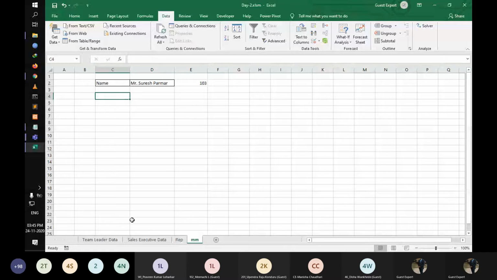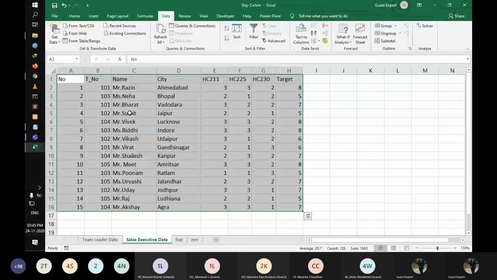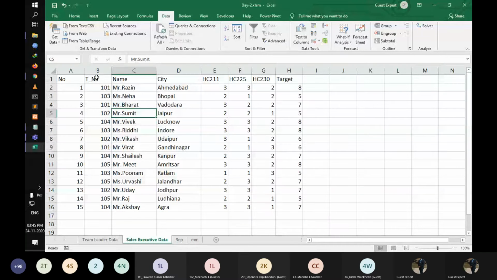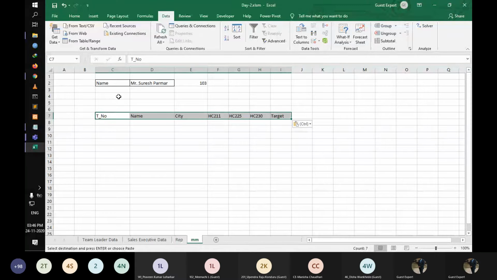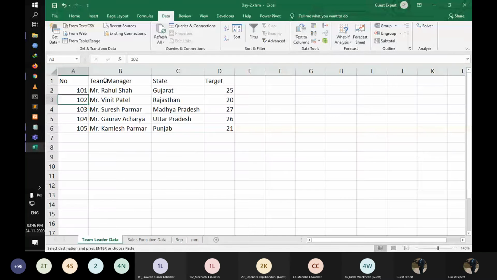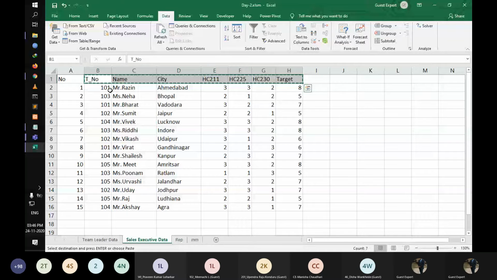Right now, we take the sales executive detail. Where are we getting the sales executive details? In sales executive, we need a T number.